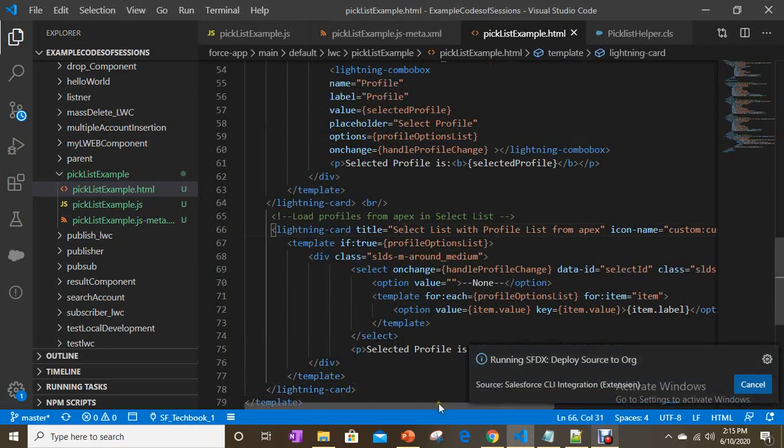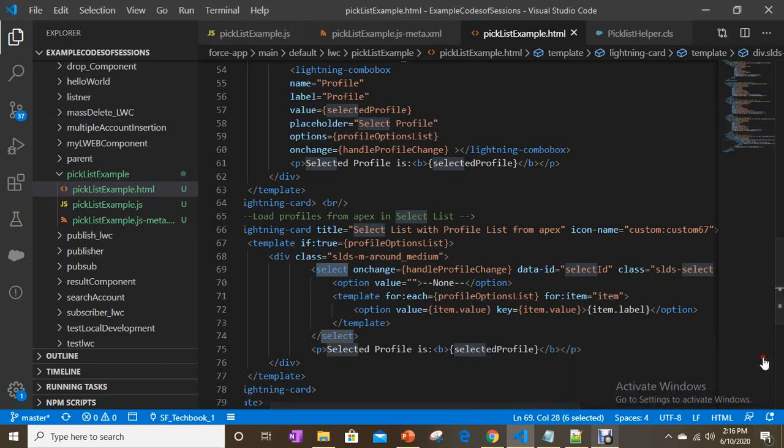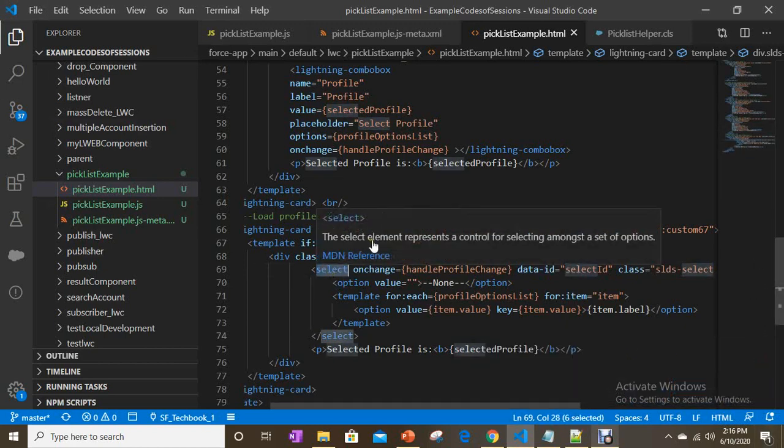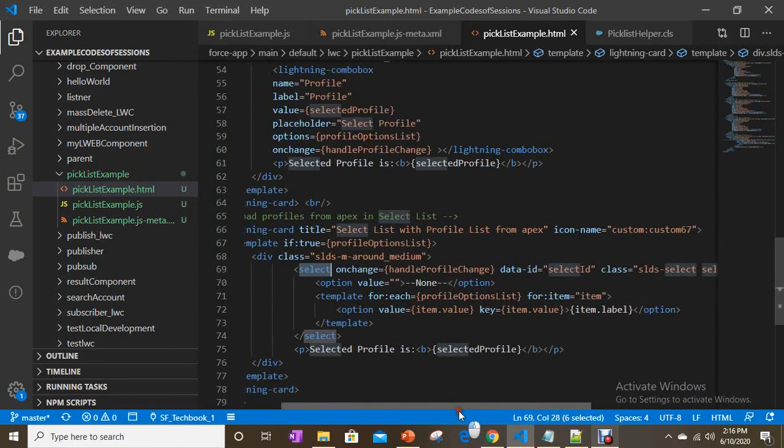So you all know what a select tag is. It is a normal HTML tag. It is not specific to Lightning Web Components. You can use it in Lightning Web Component also, as you can use any HTML tag. It's a normal generic select tag for generating drop downs or pick lists.